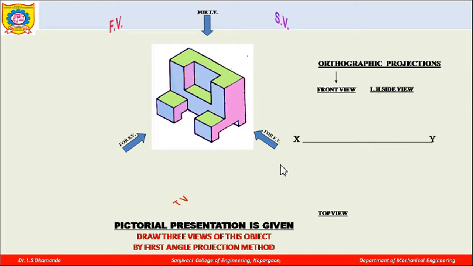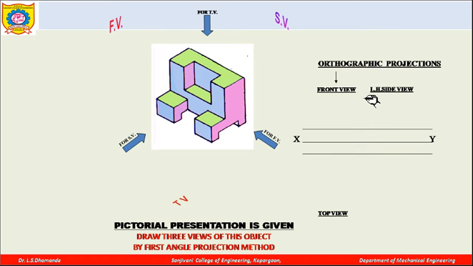Whenever you start drawing the projection of an object, you always start by drawing the xy line. Once you have drawn the xy line, draw a line parallel to it above the xy line and another below it, at a fixed distance. That distance can be decided as a minimum of 20 mm above the xy line and 20 mm below the xy line. If you draw it this way, you will get it like this.